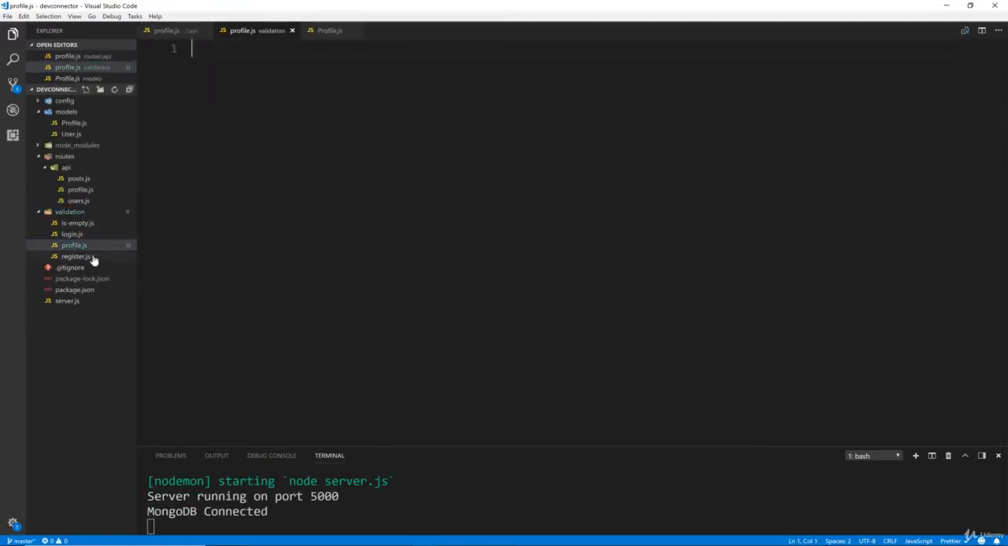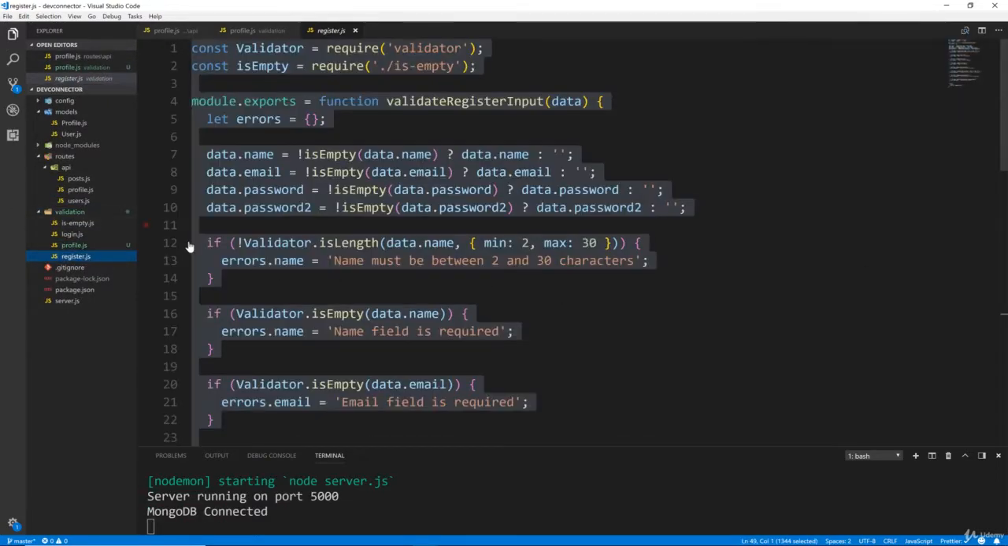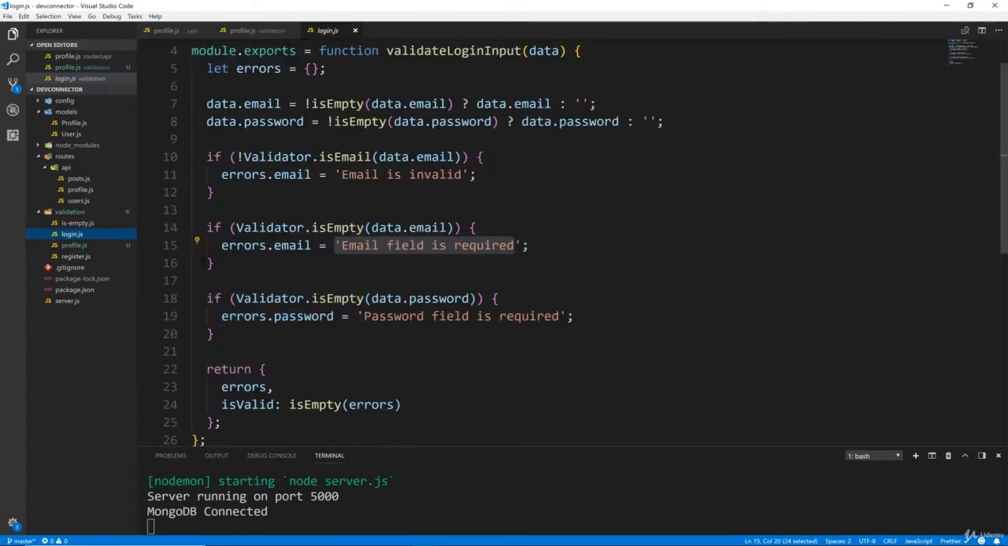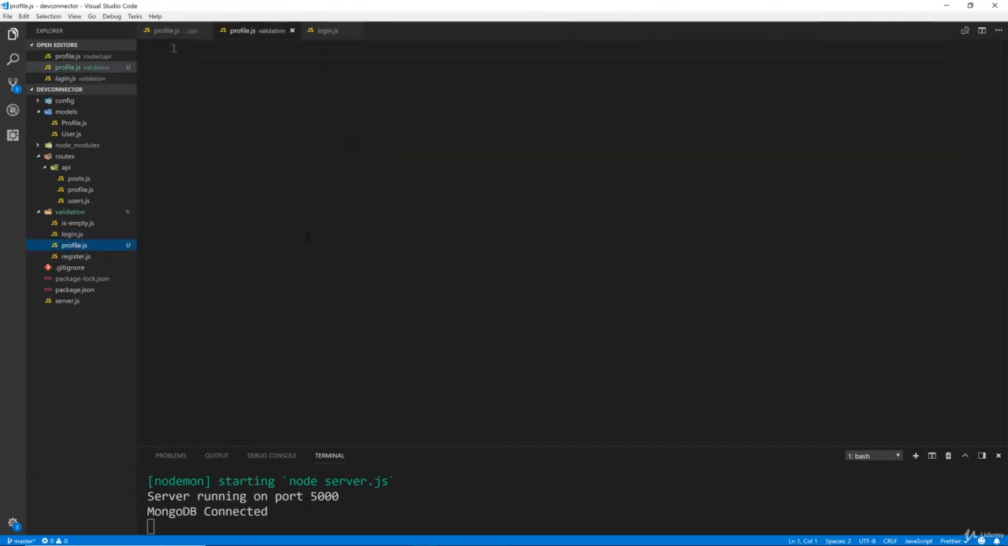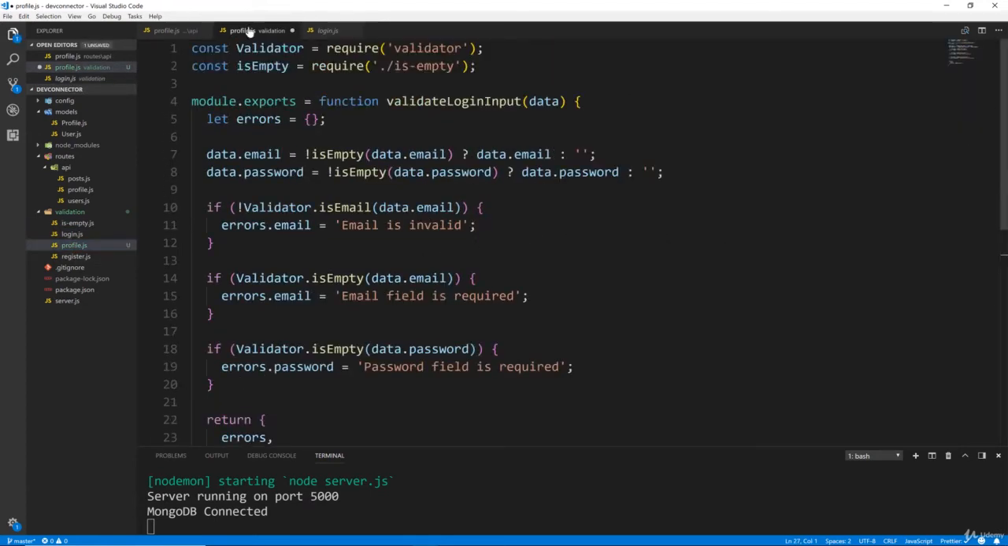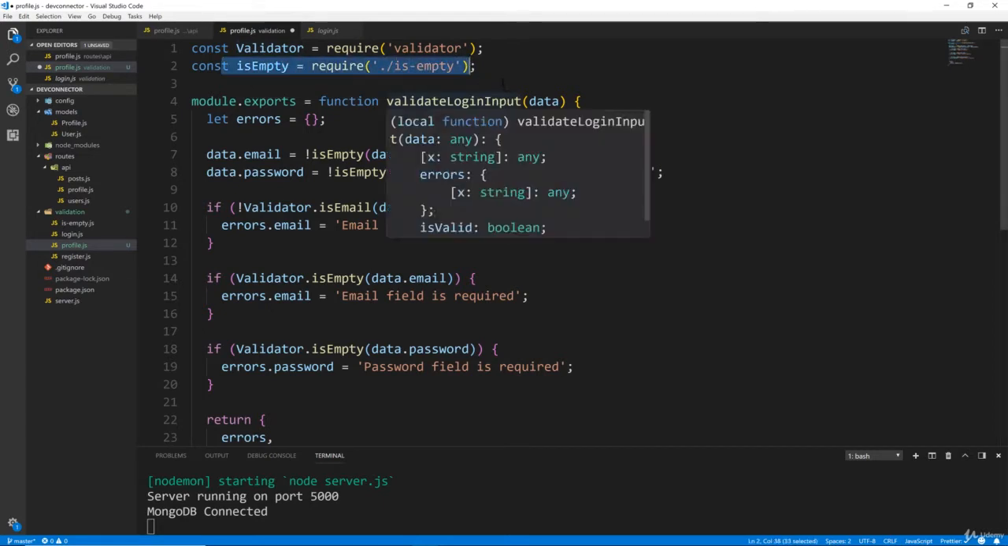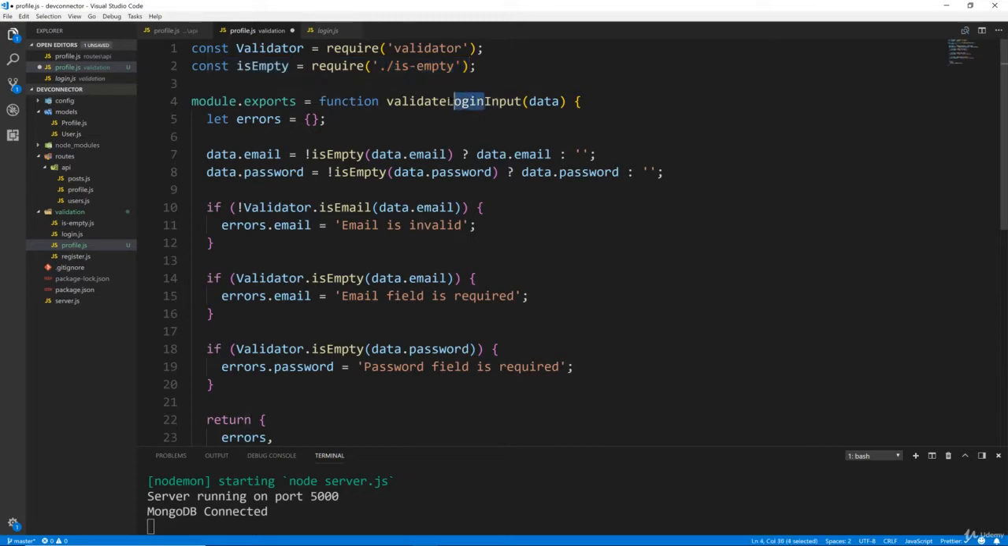Alright, and in here it's going to be similar to these other ones we created. Let's actually just copy the login.js just so we have a starting point, because we're going to want to bring in validator, and our custom isEmpty method that we created, and we're just going to change this now to validate profile input. Okay, it's going to take in data, we're going to initialize an errors object, and then anything that is going to be required we want to make sure we add here,